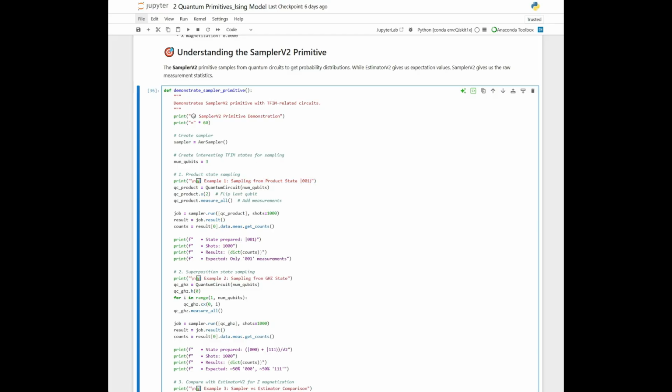Then we're going to apply to qubit number 2, which is the third position. Sorry, in the vector, you remember that we have positions 0, 1, and 2. The X operator is going to flip it. So we pass it from 0 to 1, and that's how we get this state. And then we are going to add the measurements, measuring all of them. We're going to get 1,000 shots, and then get the result from this job, and then have a measurement of the counts of the result, right? Here we're going to print the values and a dictionary of the counts,